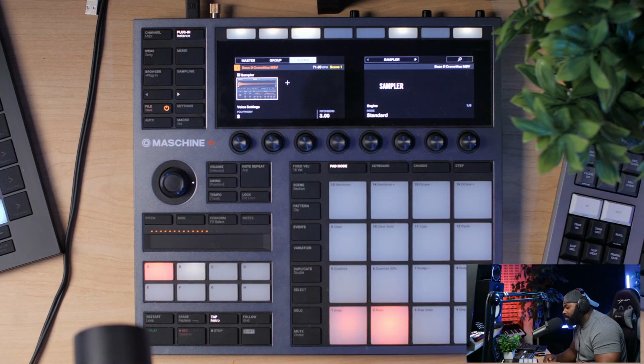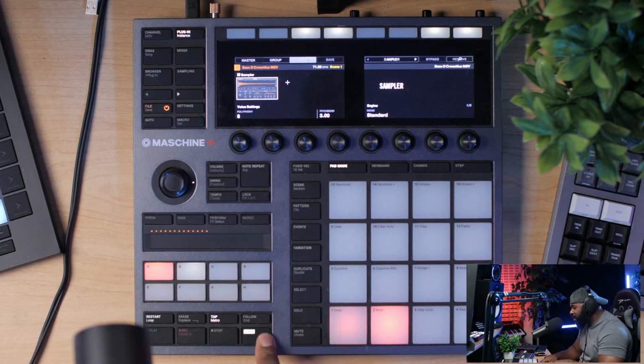So to start off with, I'm gonna talk about this shift function because a lot of these buttons on here have double functions, and in order to get to them, you gotta hit shift and hit the pad that you're selecting. Now, the double function is like right under it. So this button right here says mute, but right under there is choke. So the secondary function is choke, and then how I get to that is I have to hold down shift